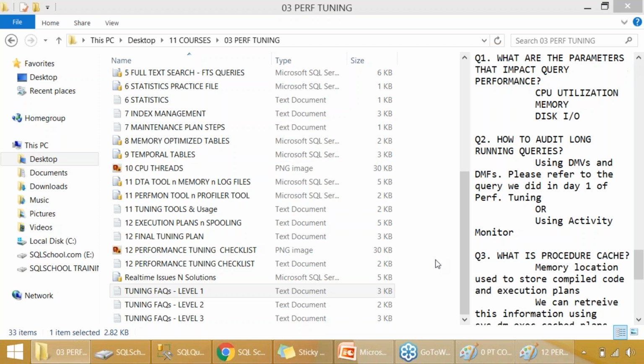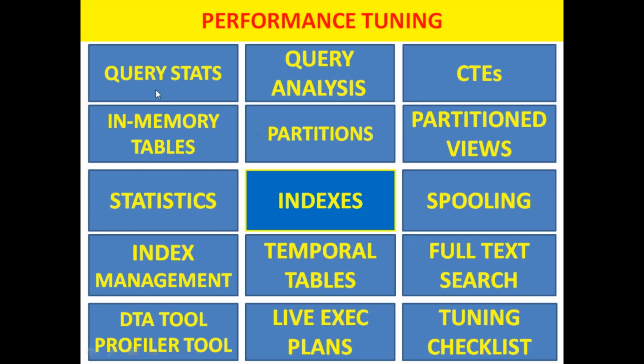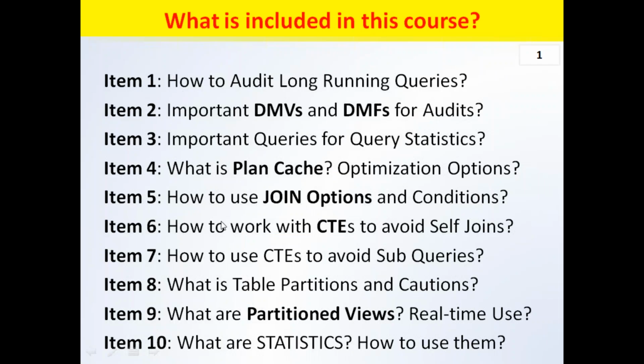And next, back to our curriculum. The curriculum is actually divided into 5 different parts, or 5 different levels. First level will be understanding 10 items, right from auditing the long running queries to using DMVs, dynamic management objects, that include dynamic management views, dynamic management functions, and the query statistics, plan cache, join options, CTEs, and how to use CTEs to avoid self joins, how to use CTEs to avoid self subqueries, and